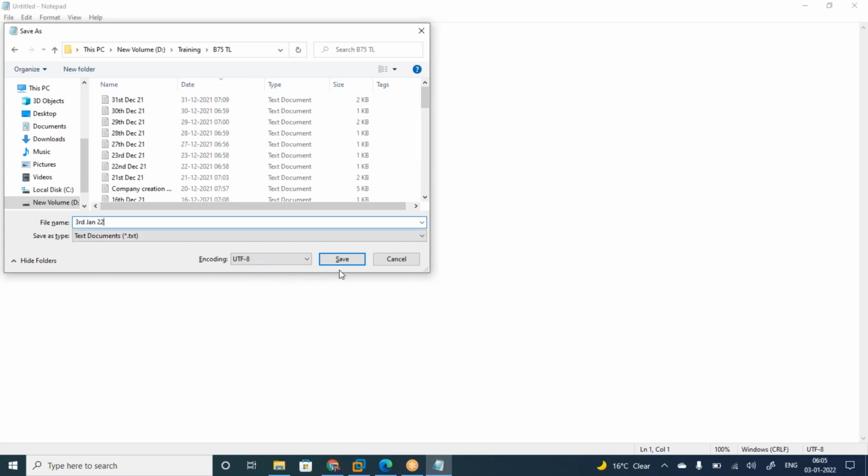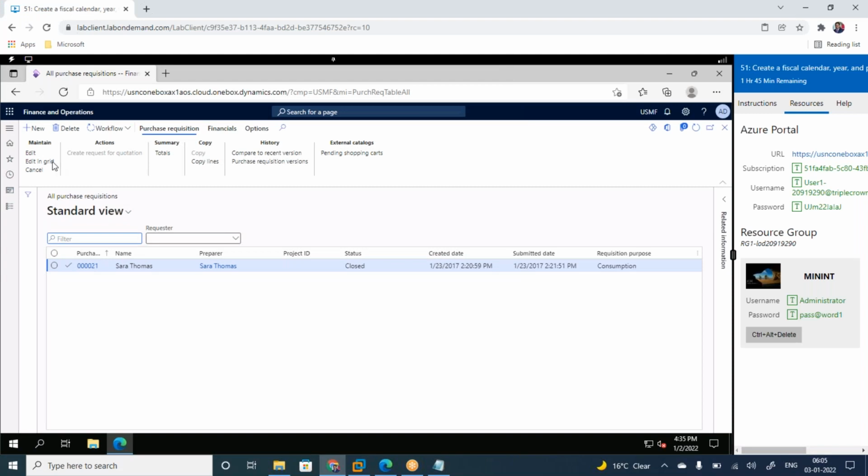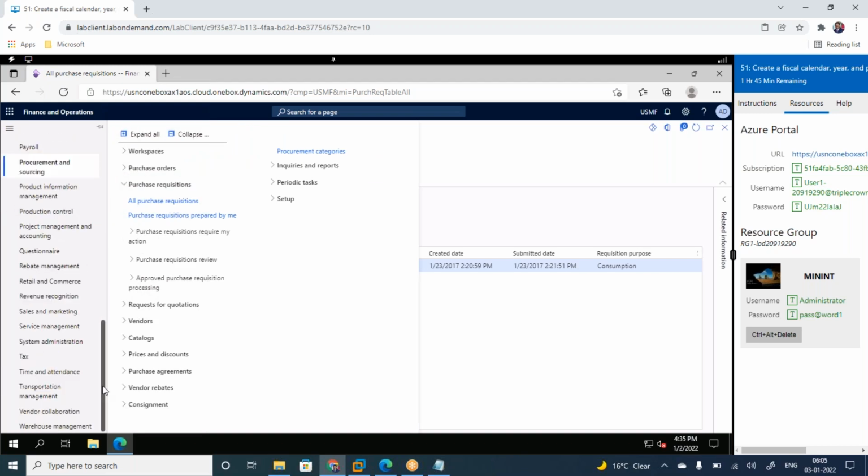I need to get used to writing 22. The most important thing is, if you want the new button to be enabled, even for a system administrator the new button will be disabled. If you want this button enabled, the first prerequisite is you go to system administration,